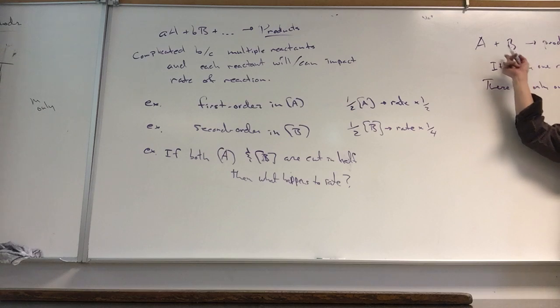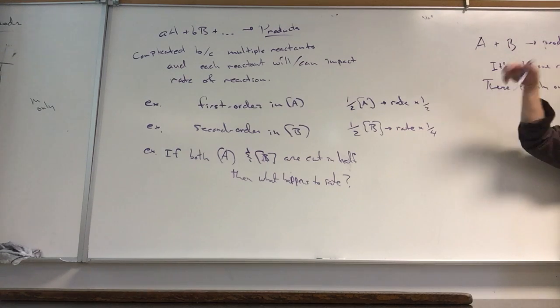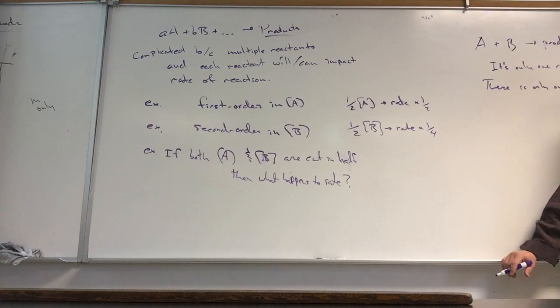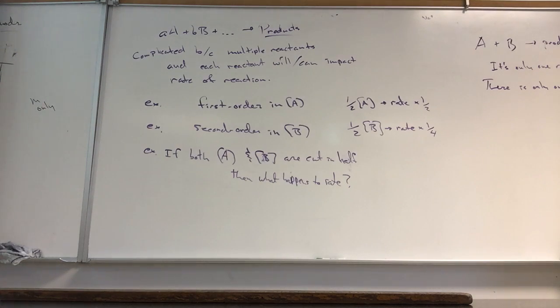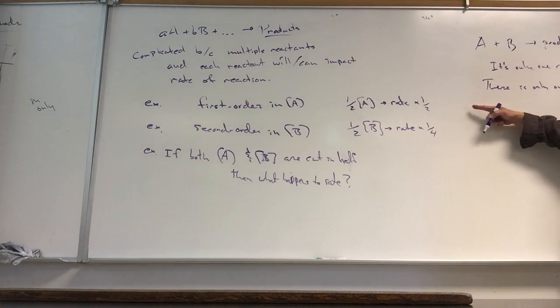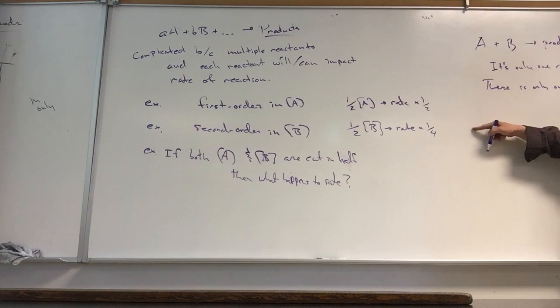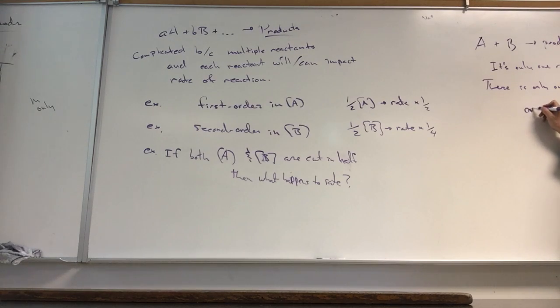No, it's not possible because it's a 1-to-1 mole ratio. And so where's the extra B coming from? There's only one rate here, and that one reaction rate means that when I cut A in half and B in half, then the overall rate